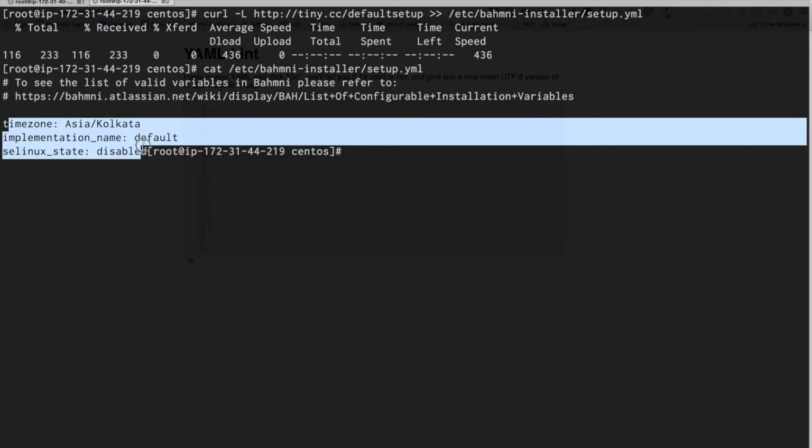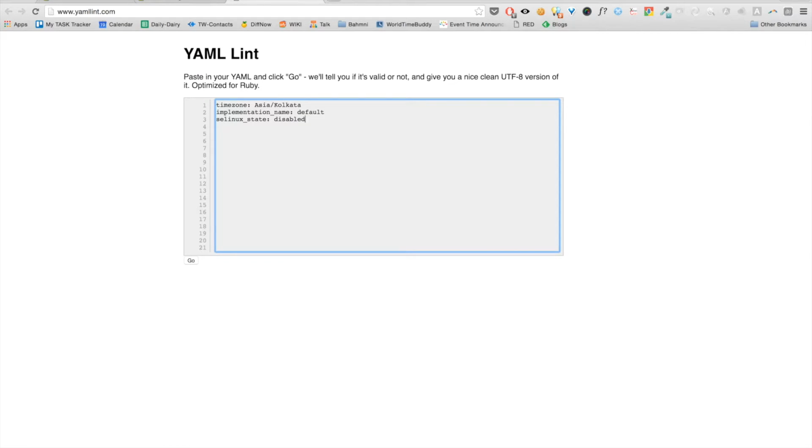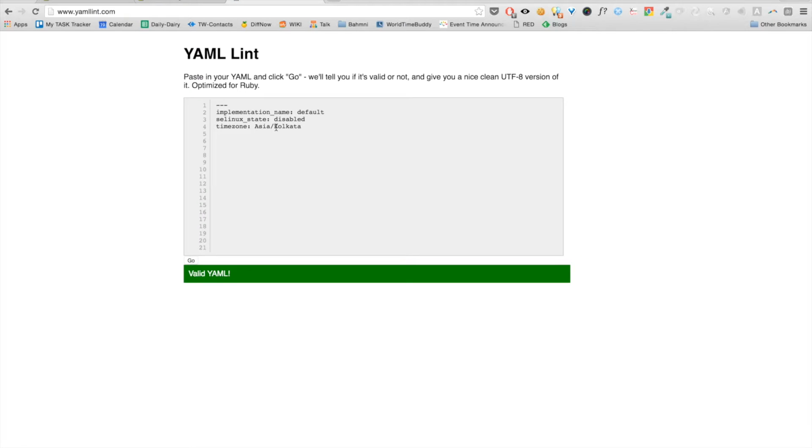So if I copy this for instance and paste it here and say go, it tells me it's valid. Whereas let's say I forgot to put a space and I do this, it will say something is wrong on line number 3 column 14. So it's a simple key and value called a YAML file.